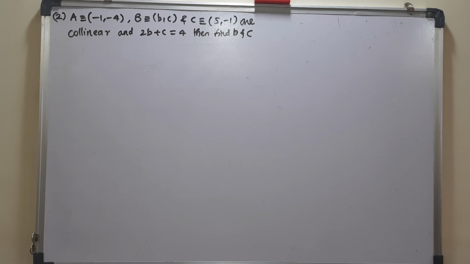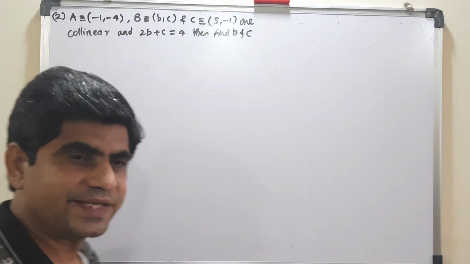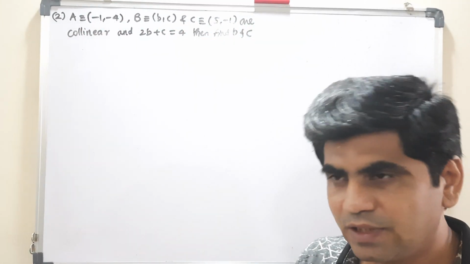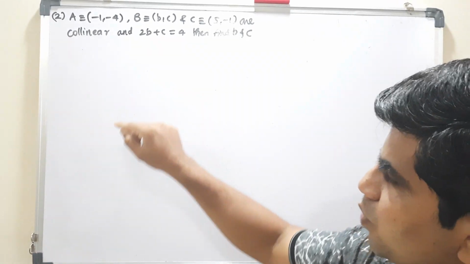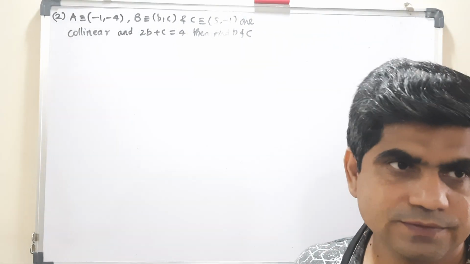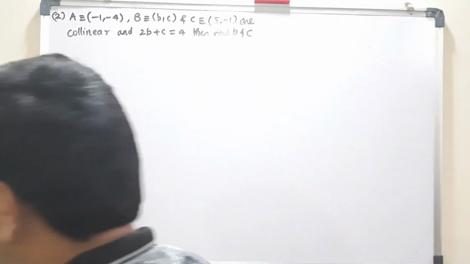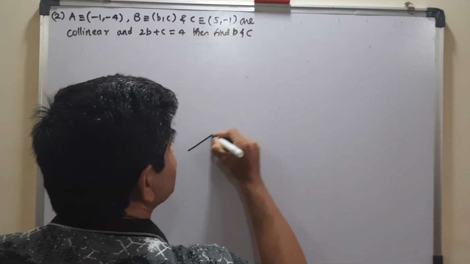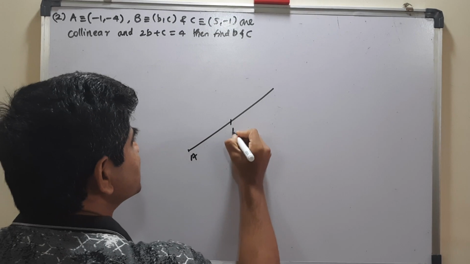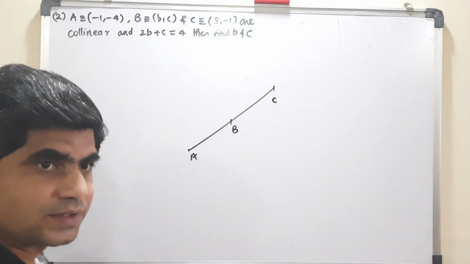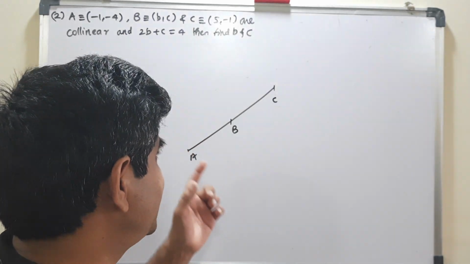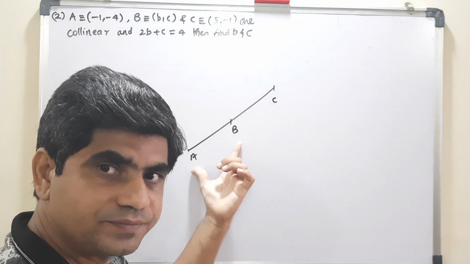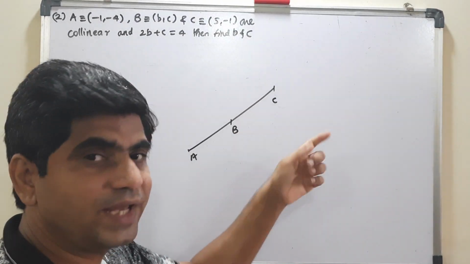Now, coming to the question that I have written, it already says that points A, B, C are collinear. Now understand this concept first. If they are collinear, that means they must lie on a straight line, right? And while taking the theory of slope, I showed you, okay, if you have 3 points A, B, C, then obviously the slope of the line can be taken as the slope of AB or the slope of BC or the slope of AC.